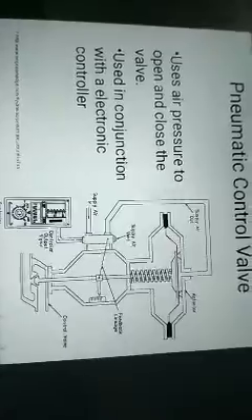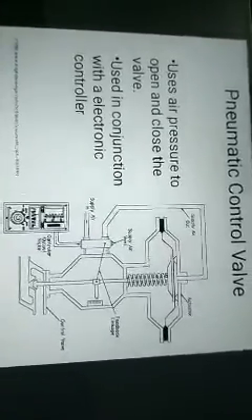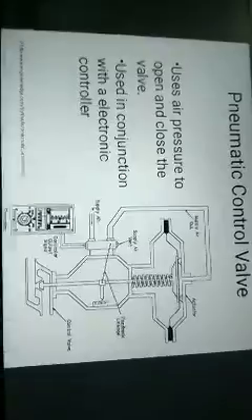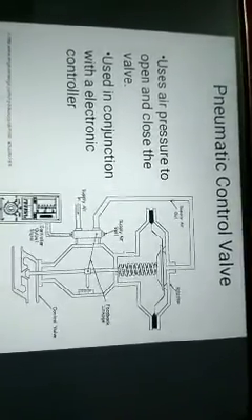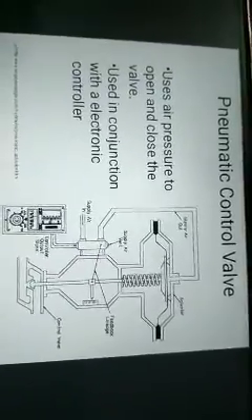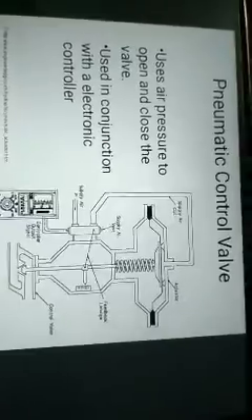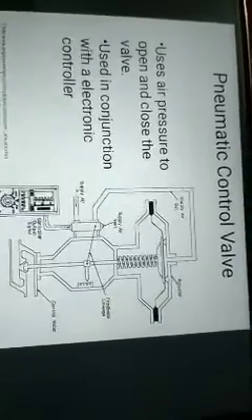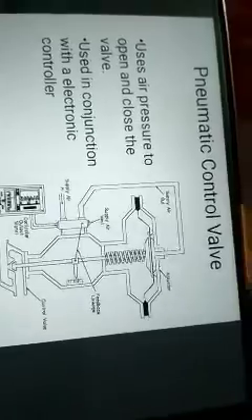This controller modulates how much air supply is supposed to come in or be released from this entire setup. Depending upon that, the actuator is moved on the feedback linkage, and the feedback linkage has a scale or a gauge attached to it. That gauge determines the amount of air pressure the control valve will face.